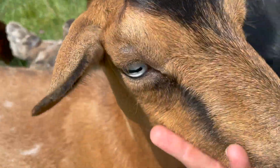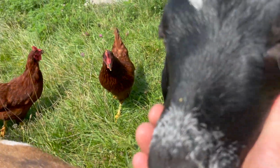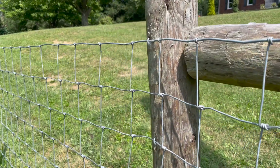All right, girls, we're down here and we're gonna show everybody how I keep you guys from getting loose on me. All right, we're here in the doe field, and now we're getting into more of the current fence setup that we have and use, and that I really like. So we run sheep and goat wire with 4x4 holes. So when you get into this type of fence,